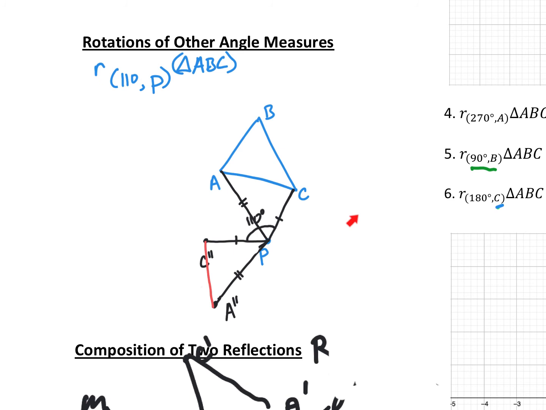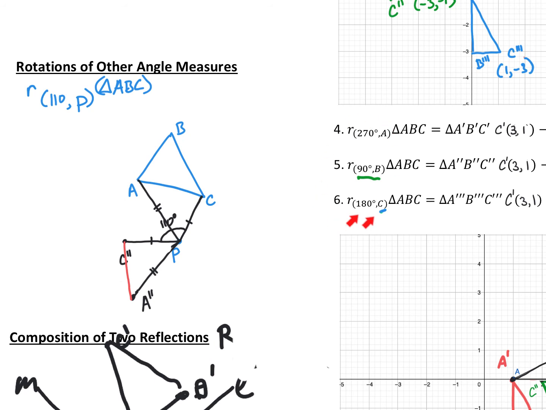right? I'm not going to complete the triangle just to keep this a little bit shorter, but I should have a rotation now of this line 110 degrees. Now, because I eyeballed it, I would not say that this is perfect. You would have to use a ruler and a protractor to accomplish this correctly, but I want you to understand how that rotation would be if we weren't going